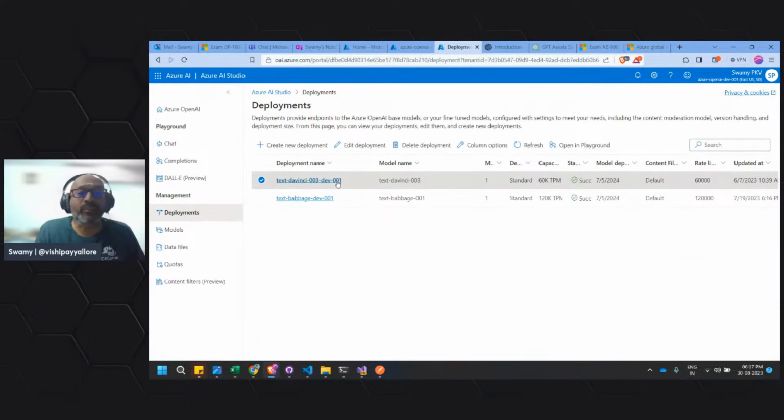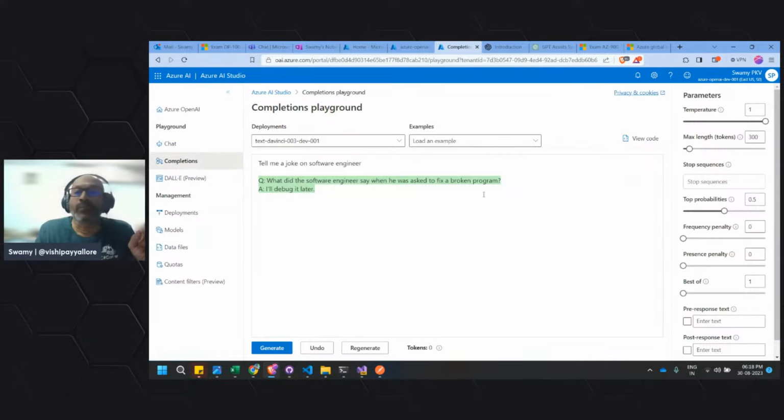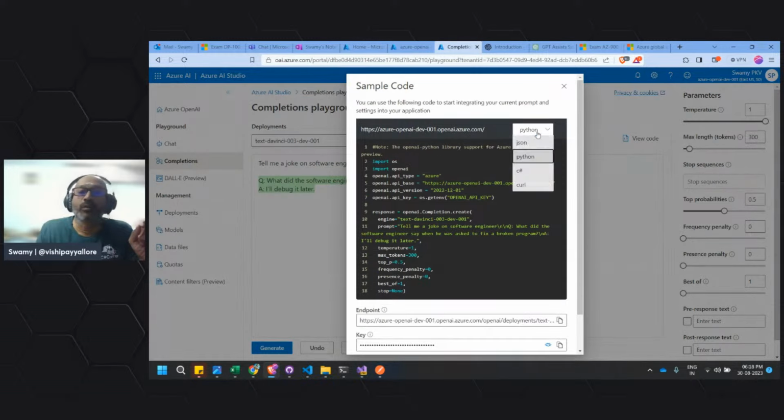If you see the deployments over here, here it shows the model version. We should not get confused with that, even though at some places it explicitly calls it out as model name or deployment name, but technically it is the deployment name, and this should not be confused with the model version. So let me come back over here and click on this view code.